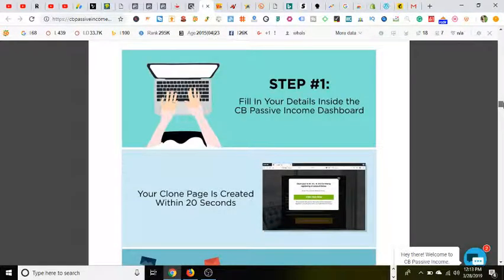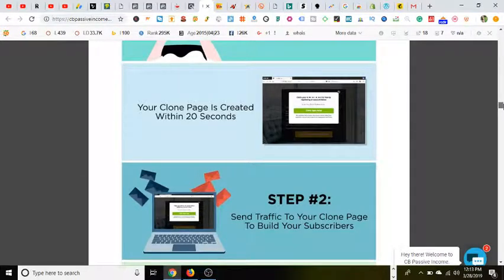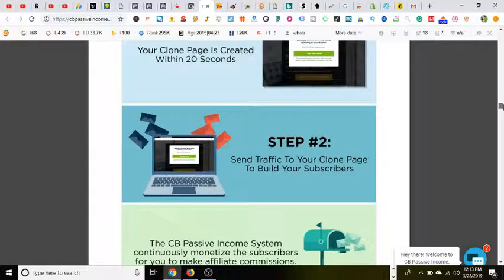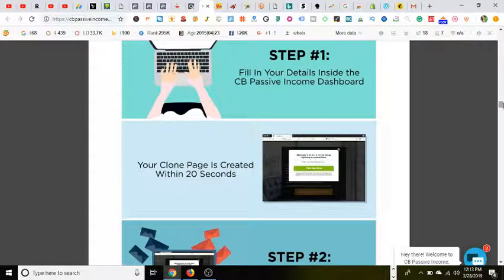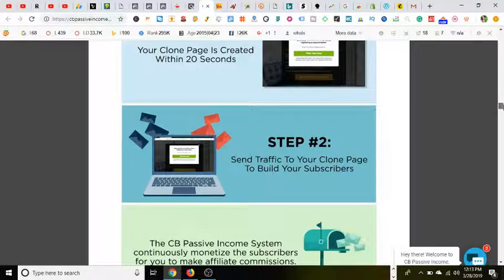It says step 1, fill in your inside Clickbank passive income dashboard. Your page is cloned. Send traffic to your clone page. Alright, so yeah, he's going to give you a built-in landing page for the Clickbank offer, or his Clickbank offer that he already has for you. You just have to import your Clickbank ID, which is also your login, not your password, but just the login